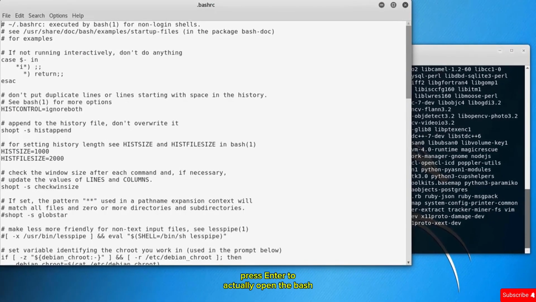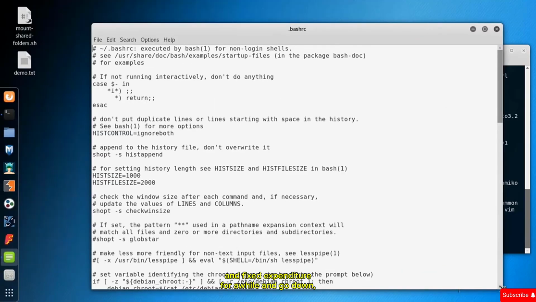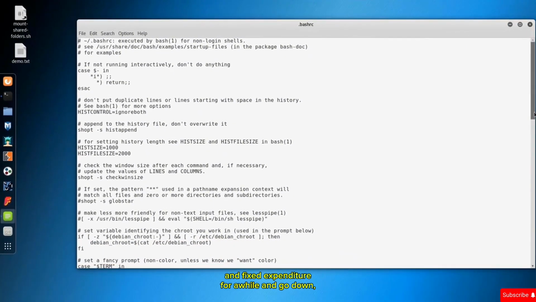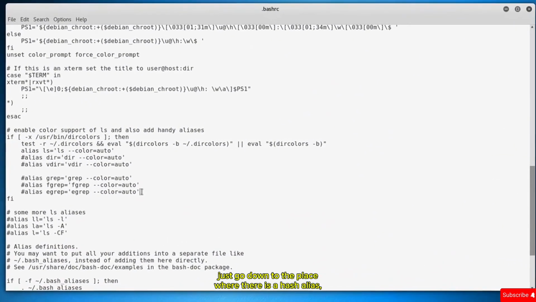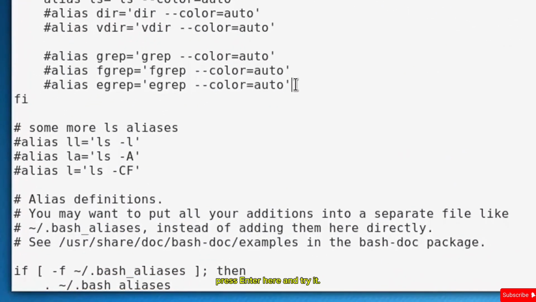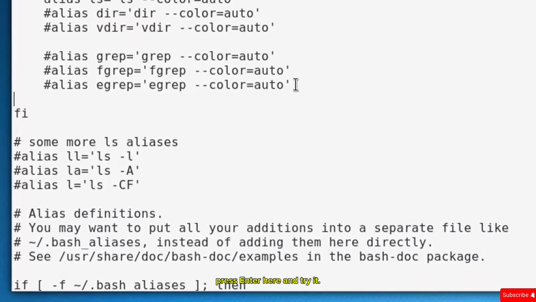It will open the bashrc in a notepad file, and if you expand it here for a while and go down, just go down to the place where there is a hash alias. Press enter here and write alias update-sys. So we will now use update-sys to reference the two commands, which are apt-get update and upgrade. So update-sys equal